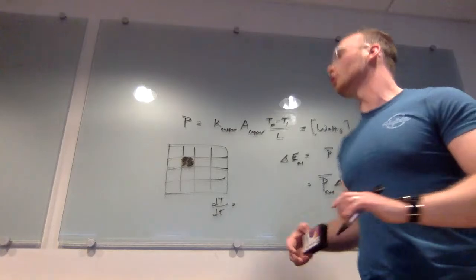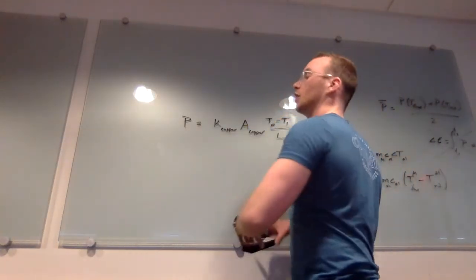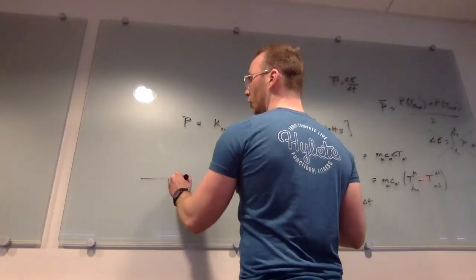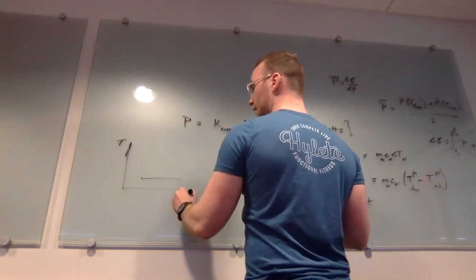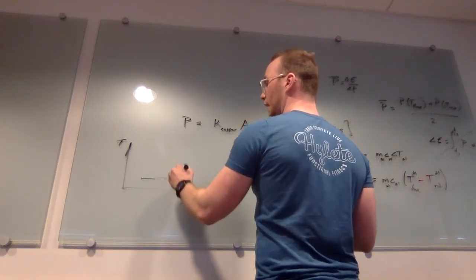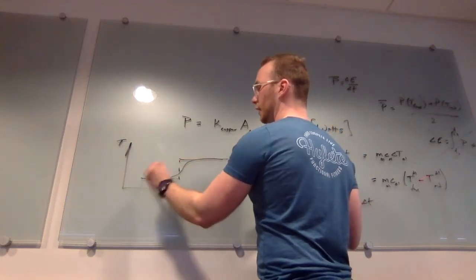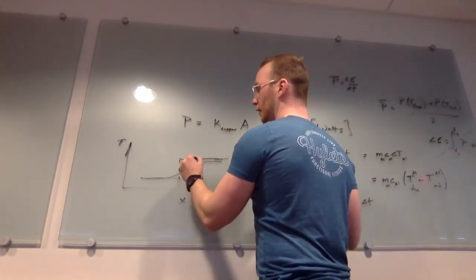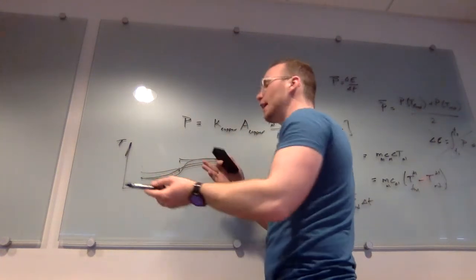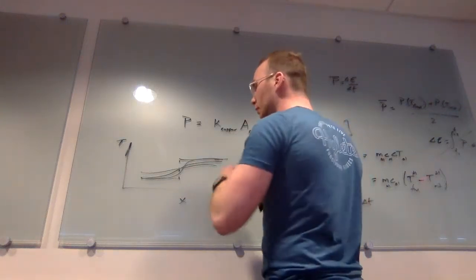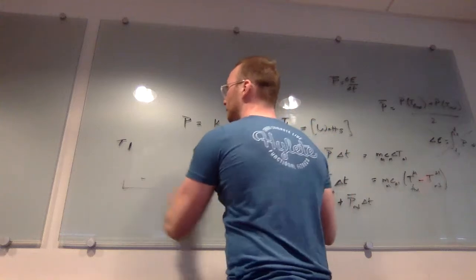I'll send everyone a video about it because there's a really cool video about it, which just shows a visual example in 1 dimension of something's really cold here, if this is temperature and this is X. Something's really cold here, and then it's really hot here. What happens when you run over time, and you'll see it goes like this, and then it goes like that, and then over time, literally exactly how you'd imagine it would work. I mean, you know how hot and cold things interact, so of course. Anyway,